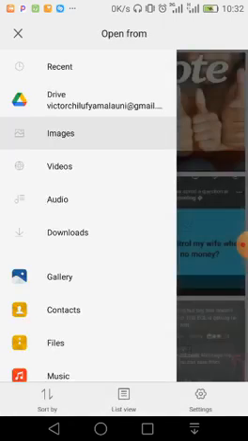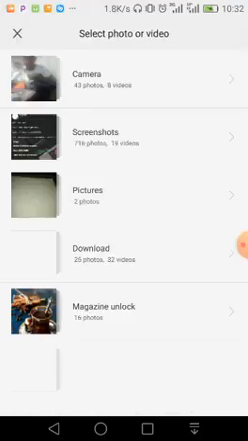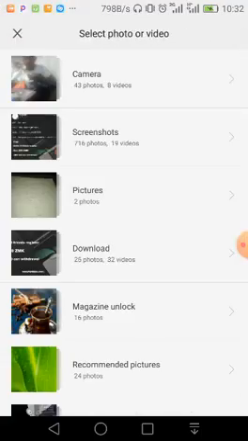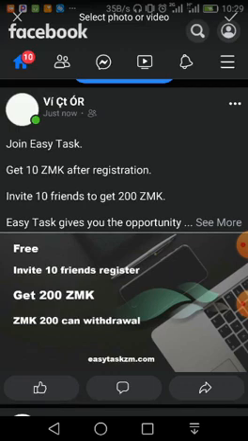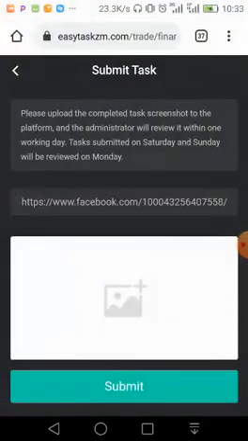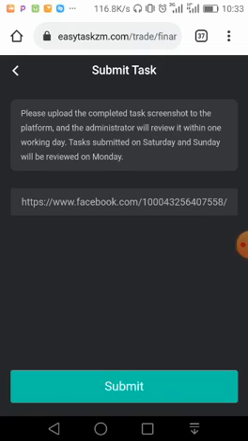You go to gallery. It will take you to your gallery on your phone. When you reach my screenshots in the gallery, you pick the screenshot. You press done, or next, or something. I don't know the type of phone you're using. You put the screenshot into this toolbox, you wait for it to load.